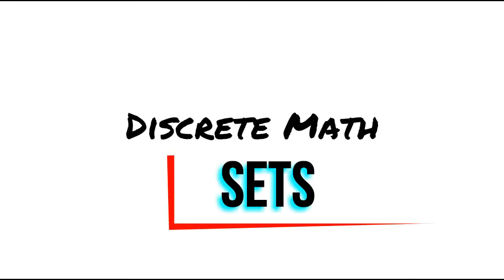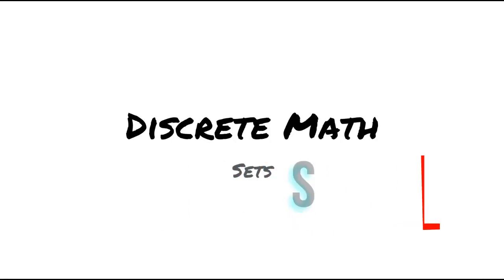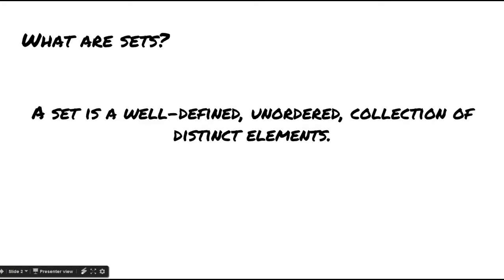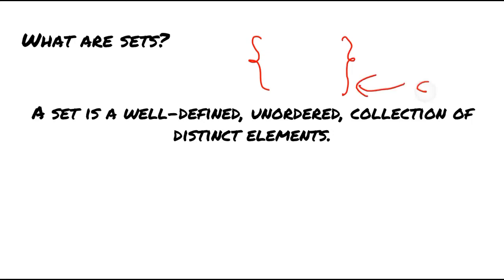In this video, we're going to introduce the concept of sets, which is basically a well-defined unordered collection of distinct elements. So basically we have its limitation or scope represented by curly brackets, and you will put elements here, say shapes